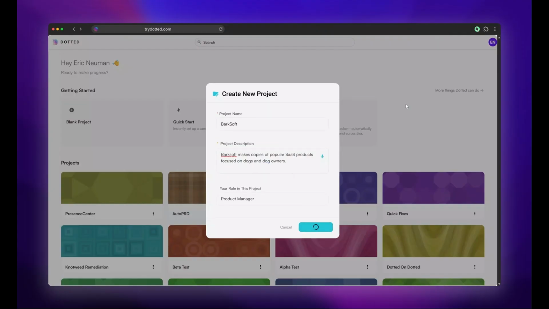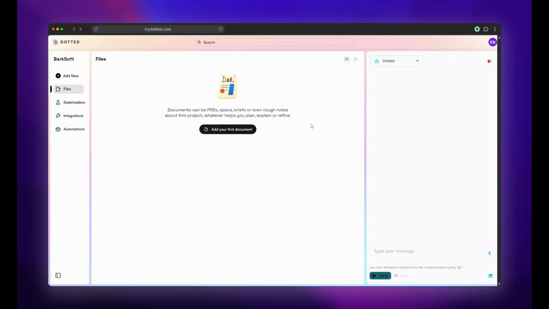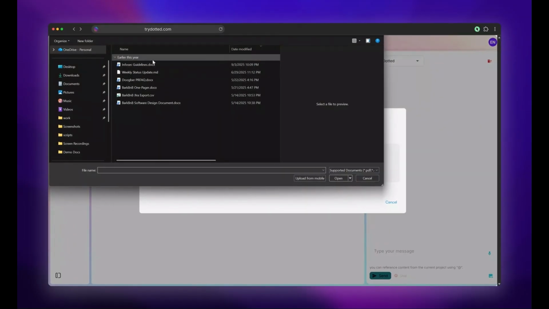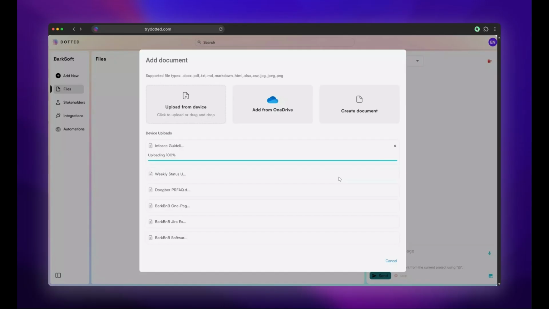Dotted is a project-based system that helps us control what context goes into the system and basically allows you to focus Dotted the same way you would focus an intern or a person who works for you on a specific set of documents or connections to integrations that you want them to have. So we're going to start out by bringing in some documents from this pretend